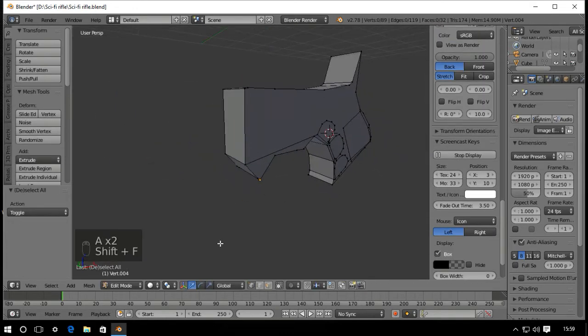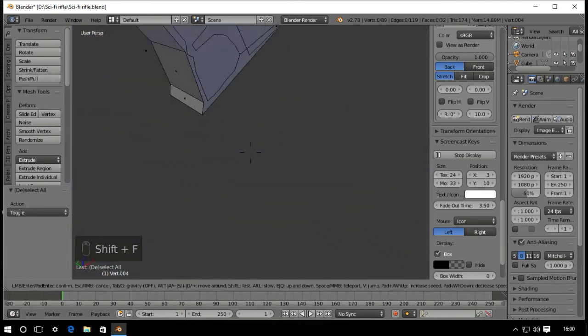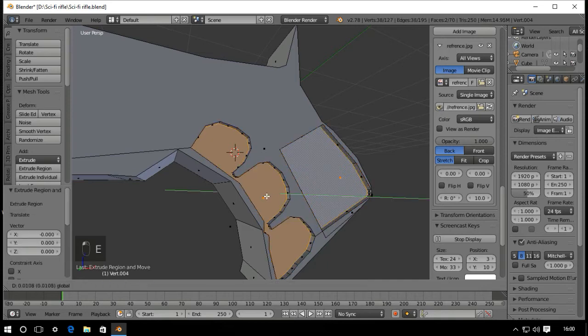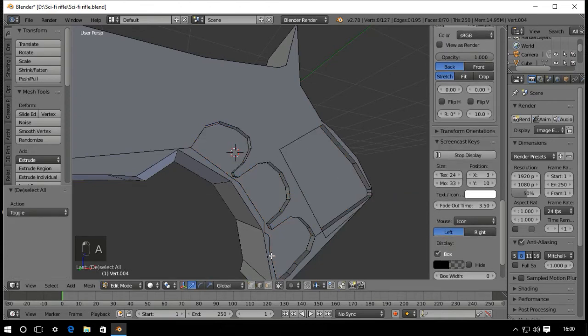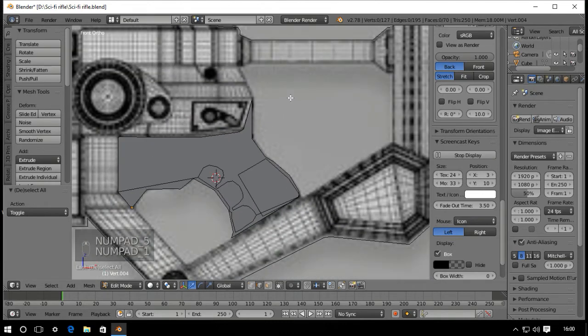Now we have got these faces. I have selected the face mode. These faces that we can extrude. I would just, I guess, extrude and make it go a little bit inside. Then as you can see in the diagram or the picture, whatever,